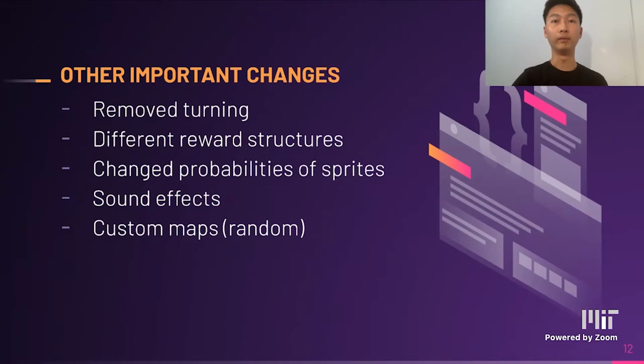Other important changes implemented included code written for the logic and fine details behind the game. In an effort to simplify our game for the RL agent, we removed the turning mechanism so that the ambulance can navigate with basic arrow key movements, built custom maps to reduce the state space, and experimented with various reward structures. For example, we gave points for picking up a person, an interval reward for completing a multi-step task. In an earlier version, we also experimented with providing points for moving to valid squares on the map and taking away points for running into a wall and damaging the ambulance. This helped the initial RL learn to explore and move around better. Lastly, we changed the sprite probabilities and added sound effects for a more engaging experience.